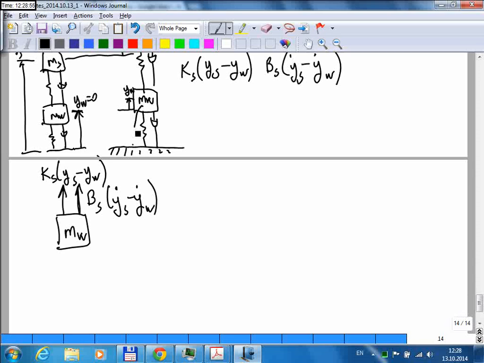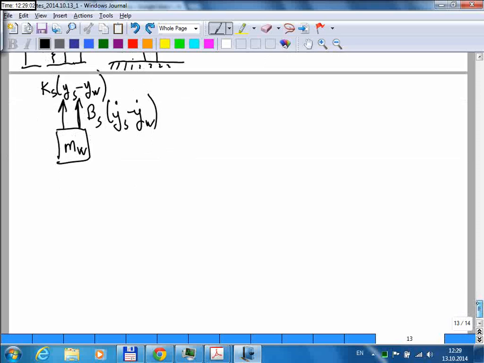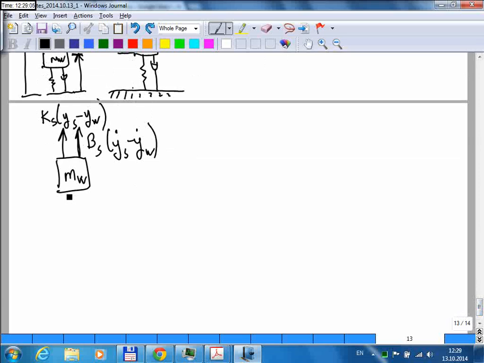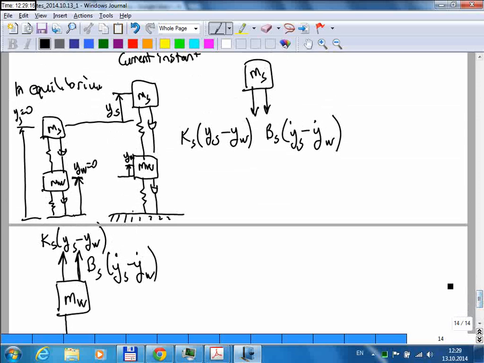Since this spring is also in extension, it will apply a force trying to come back to its equilibrium position, which means it will try to pull the mass downwards. And now this deflection is going to be YW minus YR, right? I forgot to show that here, but normally